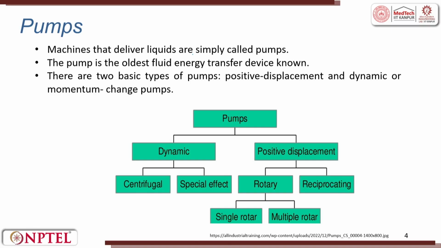Pumps. Machines that deliver liquid are simply called pumps. This can be a very high flow rate, for example, 100 liters per minute. From there, it can go to 10 ml per minute. Look at the extent, 100 liters per minute and 10 ml per minute. So, it can go to both in medical applications or in reactor, micro reactor applications, we go to this or even less than this. We go to even 1 ml and less than 1 ml for delivery. So, machines that deliver liquid are simply called pumps.